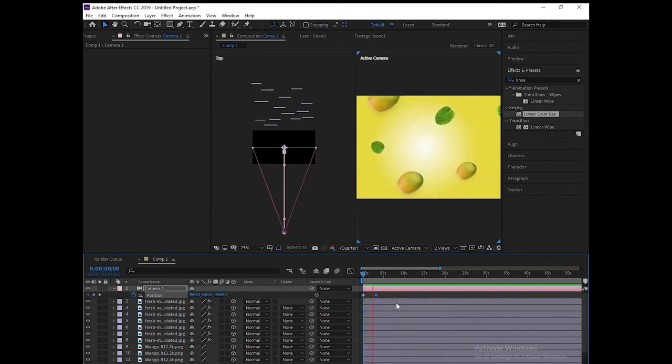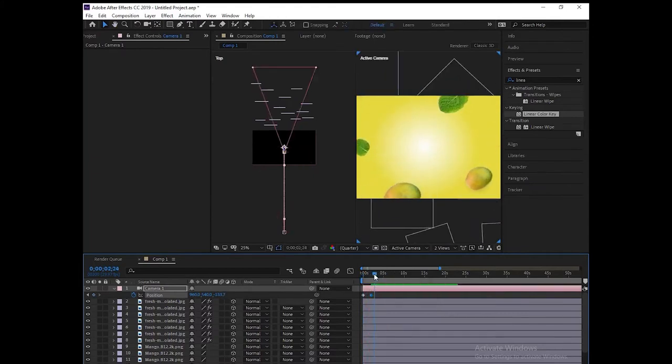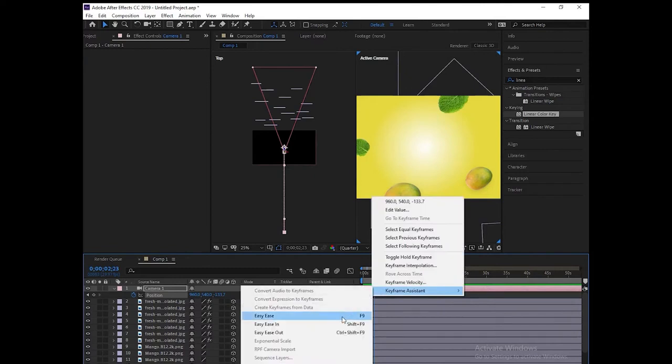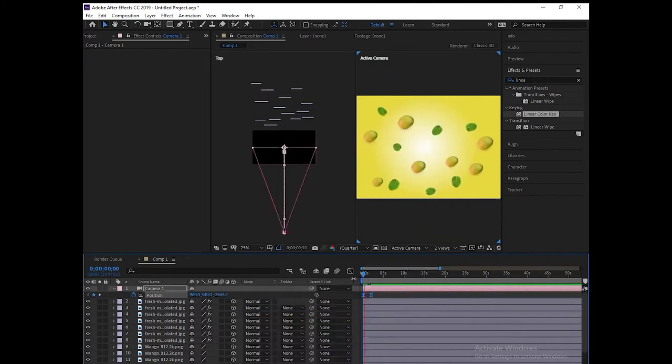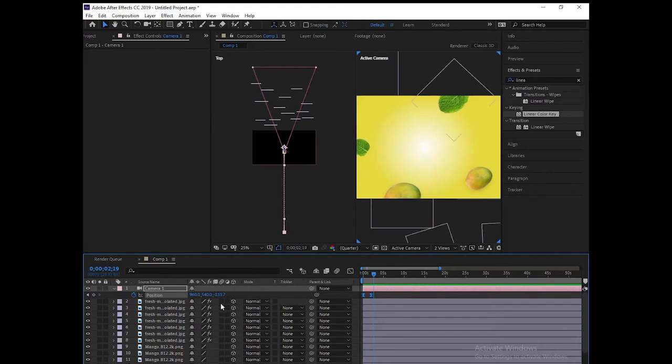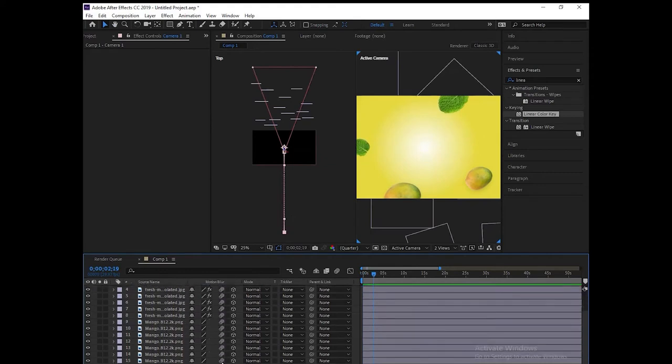Move both keys close for fast motion and press F9 for easy ease, and you can see the difference. On the motion blur of